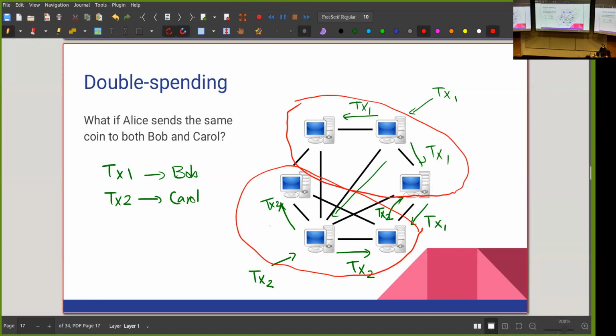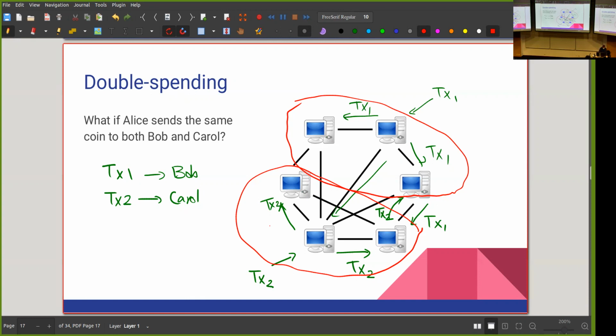So the ones who've heard about transaction 1 first think that Alice has sent her money to Bob. And so now Bob is the owner of that 1 Bitcoin. And then later on, when Alice tried to send transaction 2, that was invalid because she didn't have money. And so Carol doesn't own anything. But on the other side of the network, people think that transaction 2 came first. So Carol owns the 1 Bitcoin. And then later on, Alice tried transaction 1, and that was invalid. So Bob doesn't own anything.